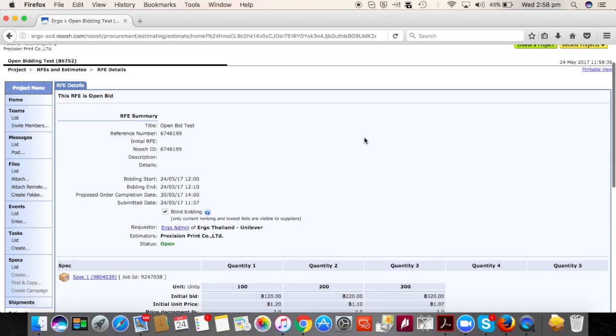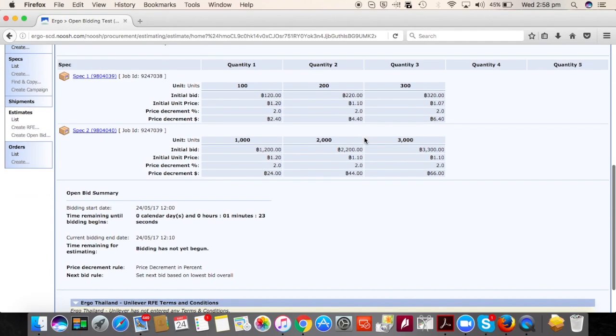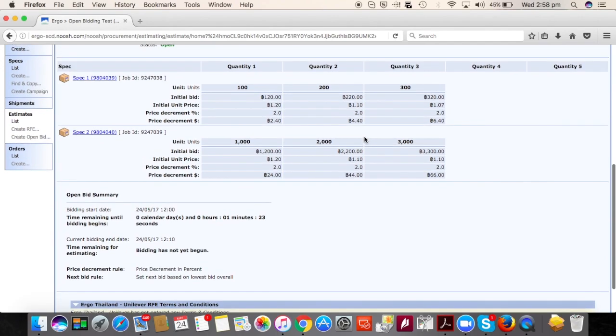So to see how much time is remaining, I have to continually refresh the screen. That's not a live countdown there. I have to continually refresh the screen to see the time remaining. What I could do here as a supplier is click on the blue link and